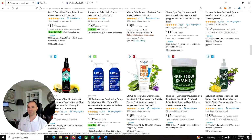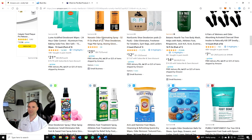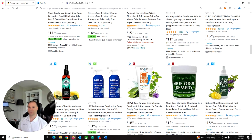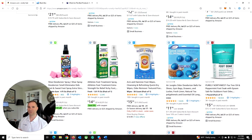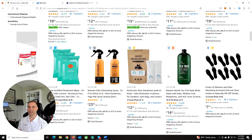Page 1, we're about mid-page. Some of these are paid, keep in mind, so organically this is actually quite high. It's a lotion that dries to a powder for your feet. There's nothing else like it. Again, we designed it to be very different than the other options that people have that are sprays and powders